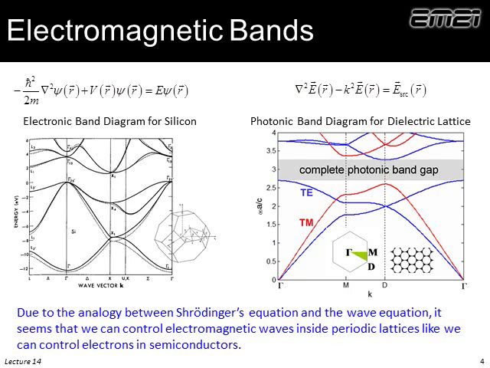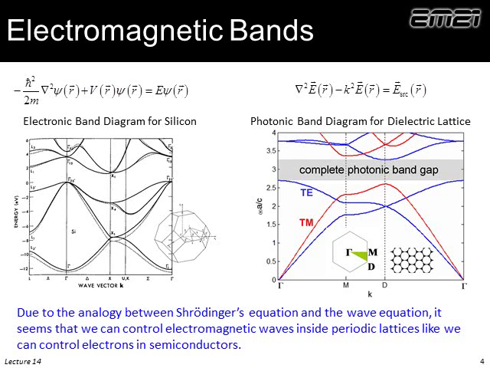What we've known for a long time is that Schrodinger's equation describes the flow of electrons through a periodic potential. So imagine an electron flowing through a semiconductor, and we learned all kinds of things from that. We learned how to control electrons in semiconductors and make computer chips and a bunch of stuff. So that's very cool. In the early 90s,